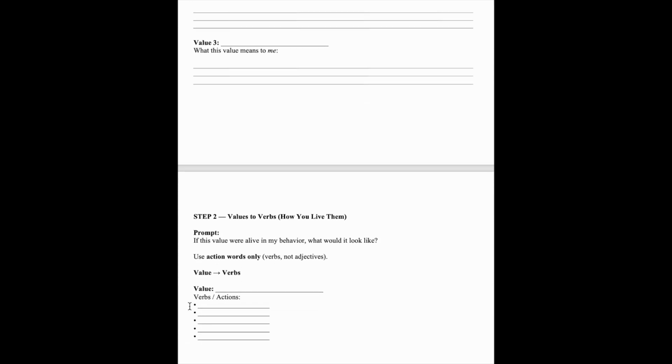And then value 3, wisdom. What this means for me is knowledge, experience, learning, teaching, communicating, and sharing things that I think will help increase people's happiness, health, and lives. So that is how we figure out what our core values are. In the next section, I'll scroll down here.